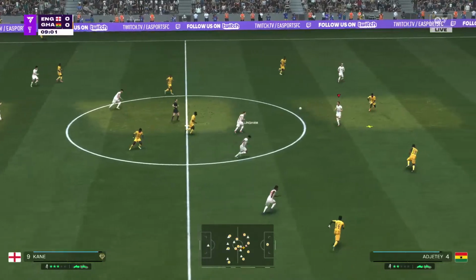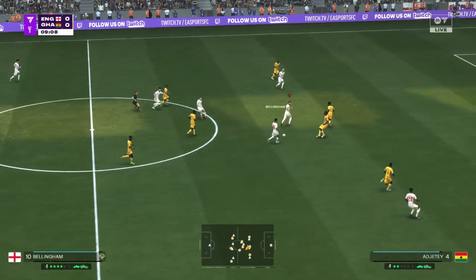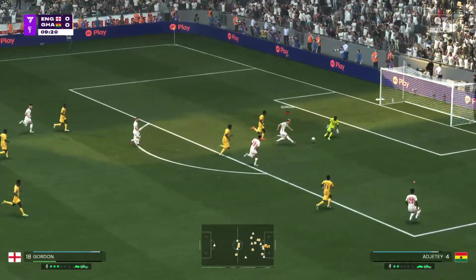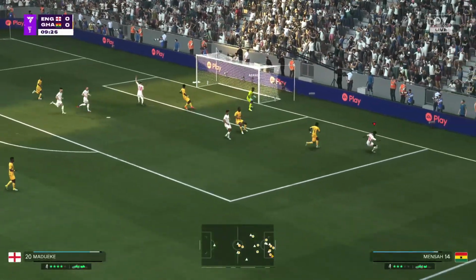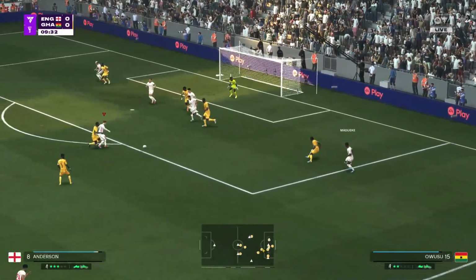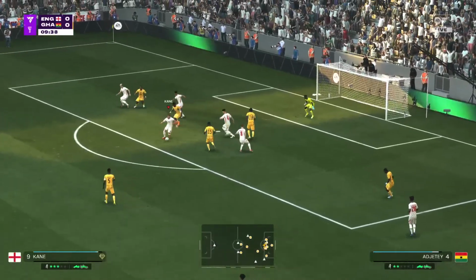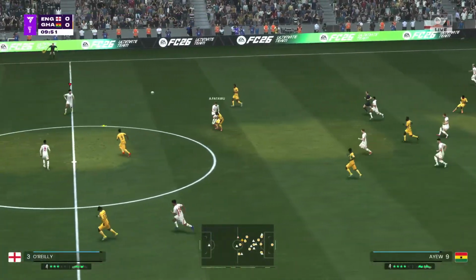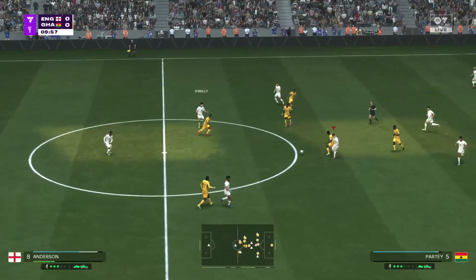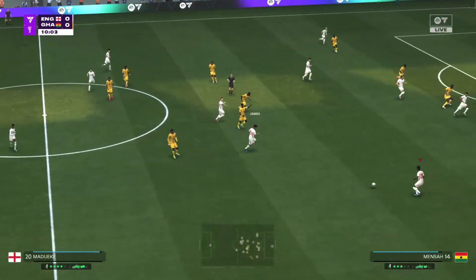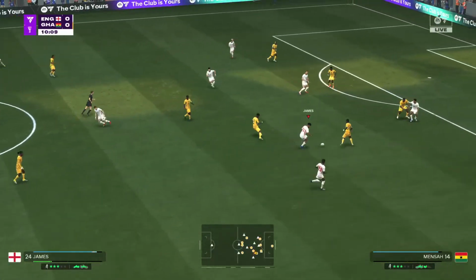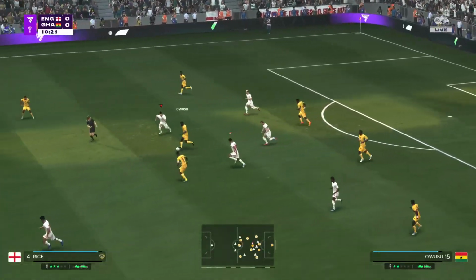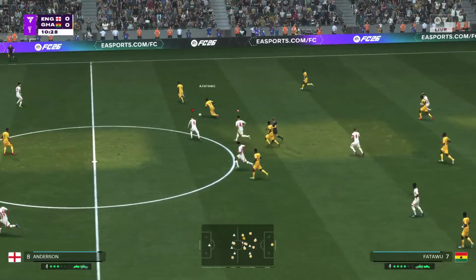Partey. Clean challenge. Great vision from Harry Kane. Couldn't get hold of it. And still looking for space. Easing the pressure there. Well, so close to seeing an early goal there. If not for the keeper, they would have been ahead. Great save, though, you have to say. And a good challenge to bring that attack to an end.